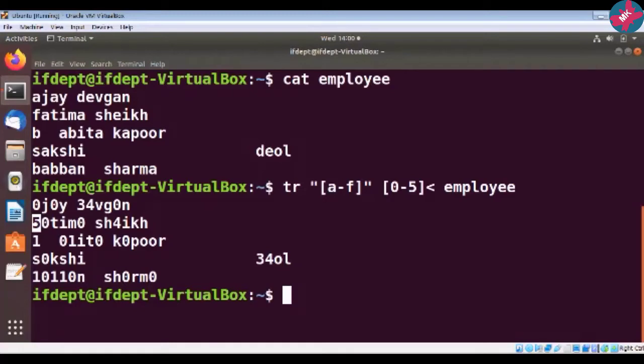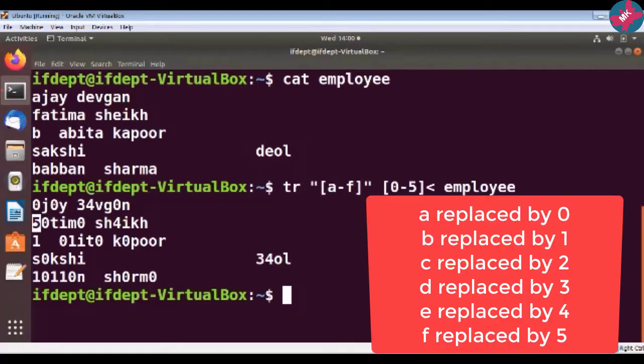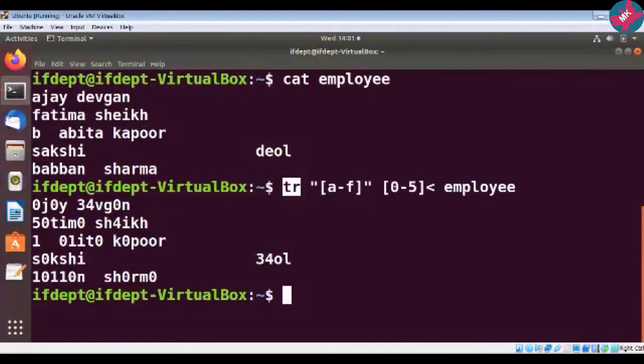So A will be replaced by 0, B will be replaced by 1, till F will be replaced by 5. In this way, this translate command will translate the characters from one set to another set. So this is one use of this tr command. Now I'll show you some more options associated with this tr command.